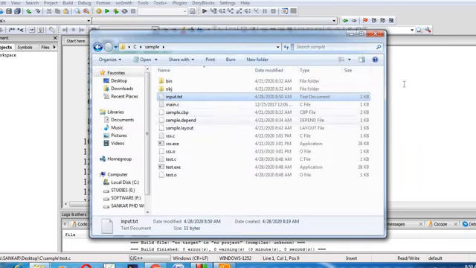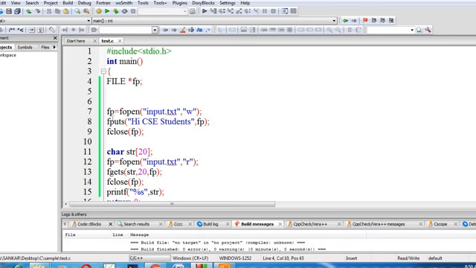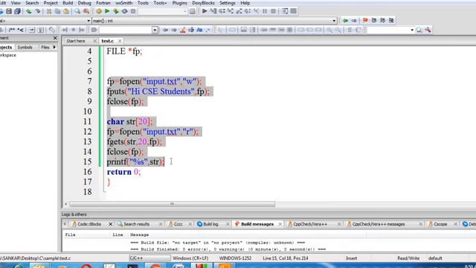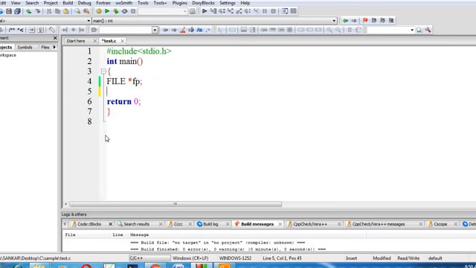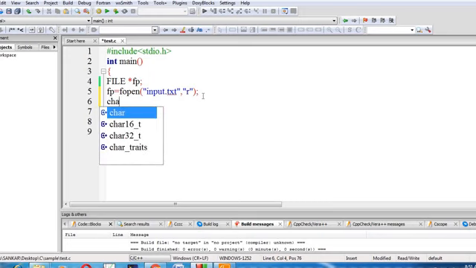This is my input file. fp equal to fopen of input.txt, then the other argument is read mode. Now I am going to read. Now I am dealing with integer values, so I need one variable. That variable is of integer data type.